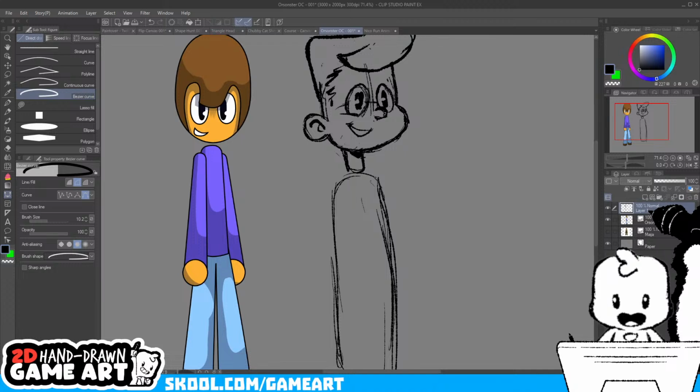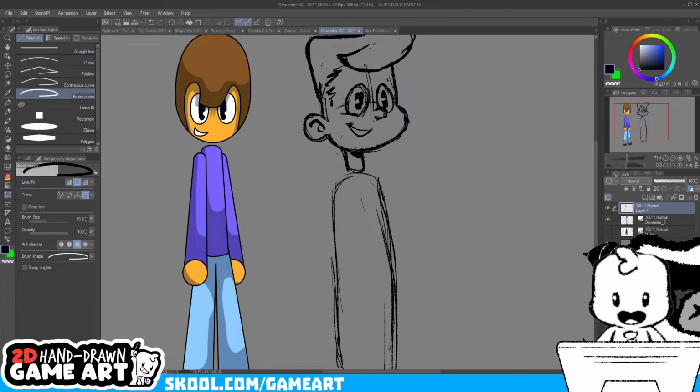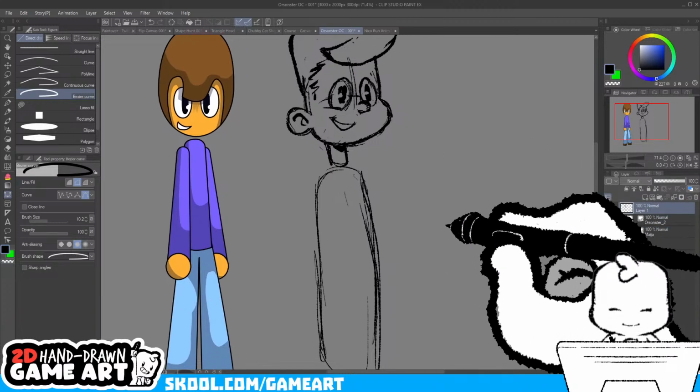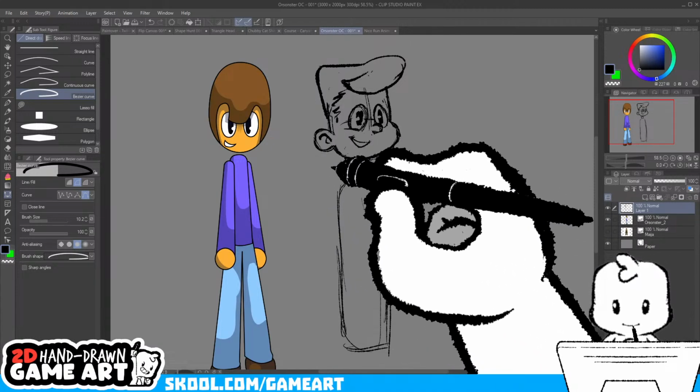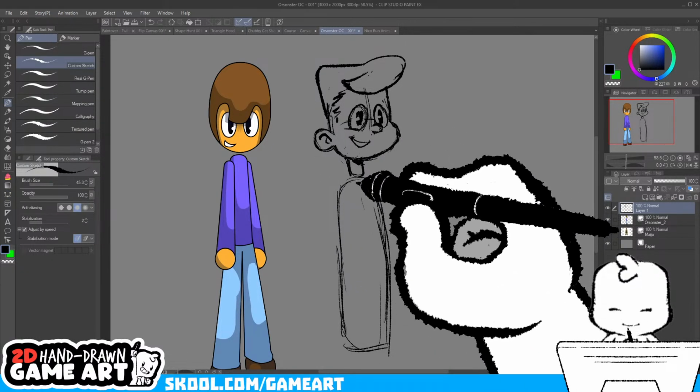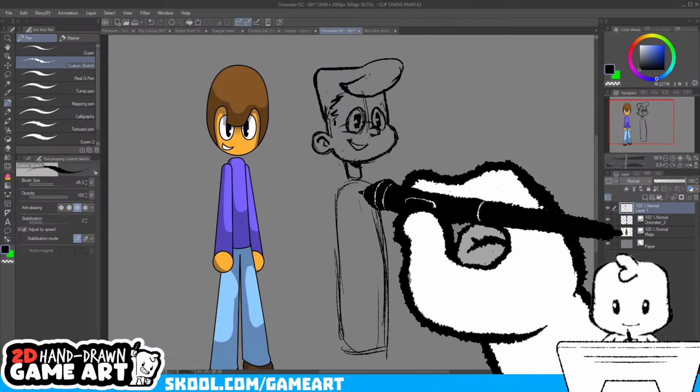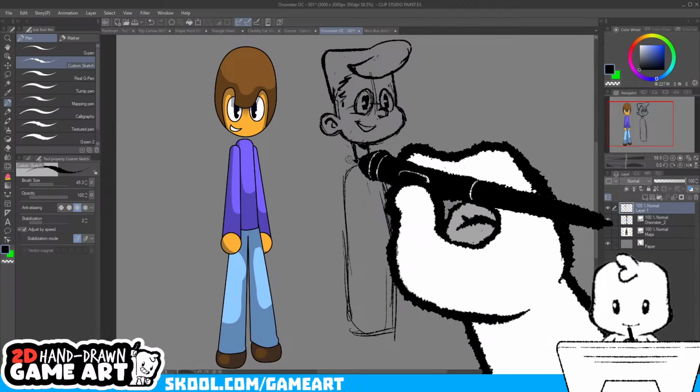Yeah, Quentin, definitely give the Bezier curve tool a try. It's been a lifesaver for me, so hopefully you like it too. It does take a little while to get used to. There is a learning curve to it, but when you get the hang of it, it's really, really nice. All right, let's see what we got here.